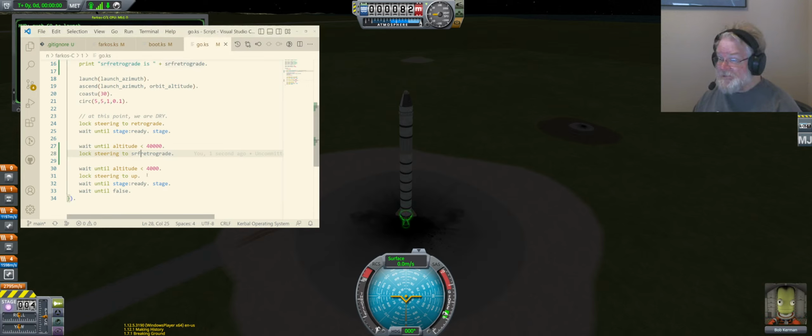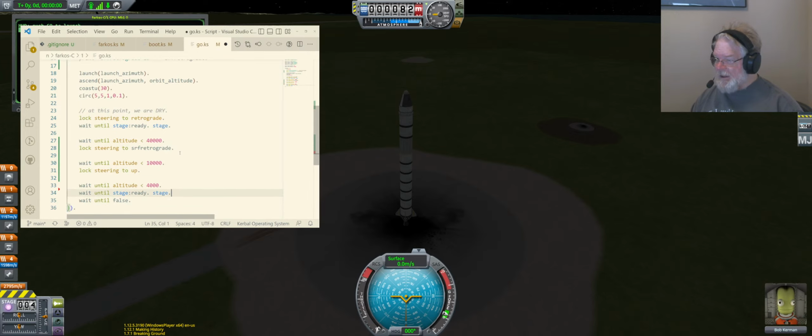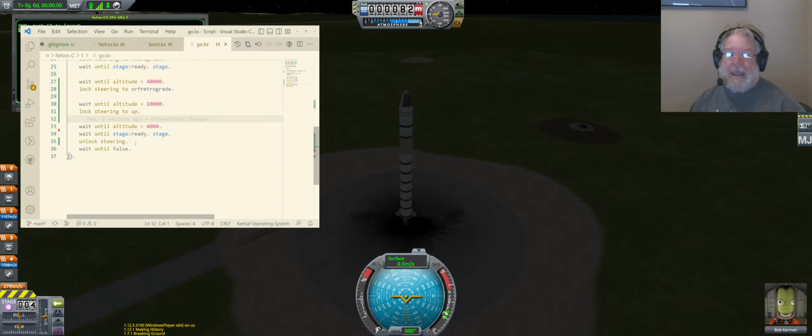And if we get down below 4,000 feet, our surface retrograde should be approximately up. But let's lock the steering to exactly up. So we're pointed straight up, and then we're going to let ourselves fall. Actually, at 10,000 feet, let's transition to pointing up. And at 4,000 feet, we can stage, and I'm going to unlock steering so that we will basically hang from the parachutes without trying to run our RCS wheels to keep ourselves pointed